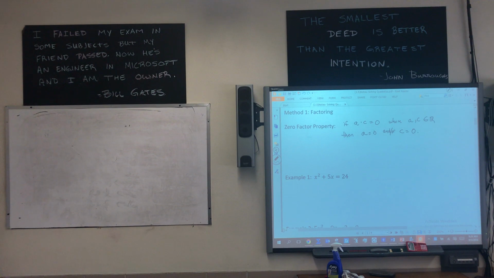Basically, your A term here is going to be like an x plus whatever. This thing here is going to be an x plus whatever. And those plus whatevers might actually be negatives. But basically what it's saying is if those are equal to 0,